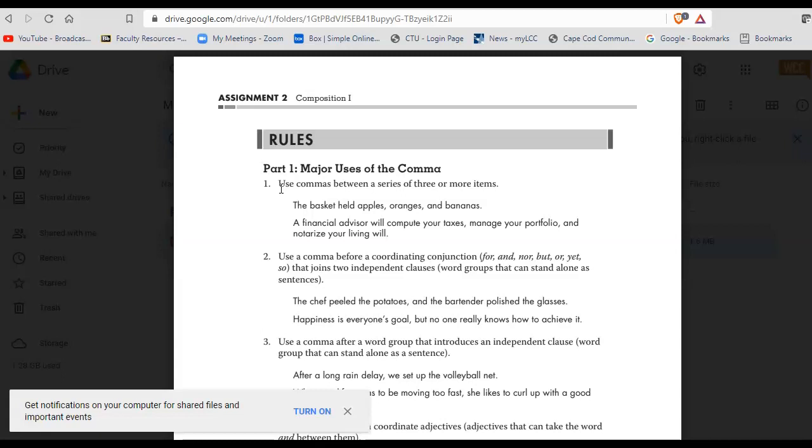Now, commas, probably the most common mistake that people make when it comes to their writing is use of commas. So this has a total of 8 rules that we want to be mindful of anytime we use commas. So pay attention to these rules. Look at the examples that they provide when it comes to how commas should be used, for these particular rules. And once that is done,